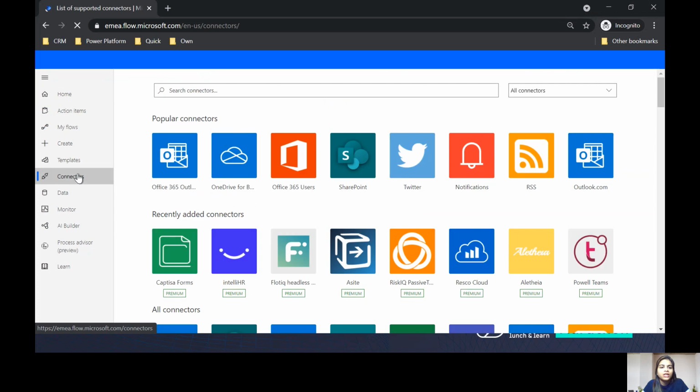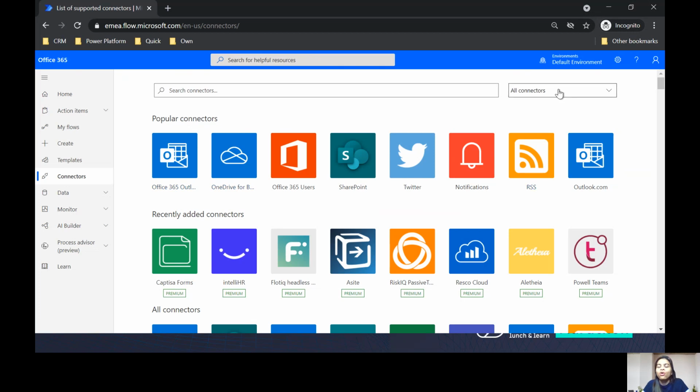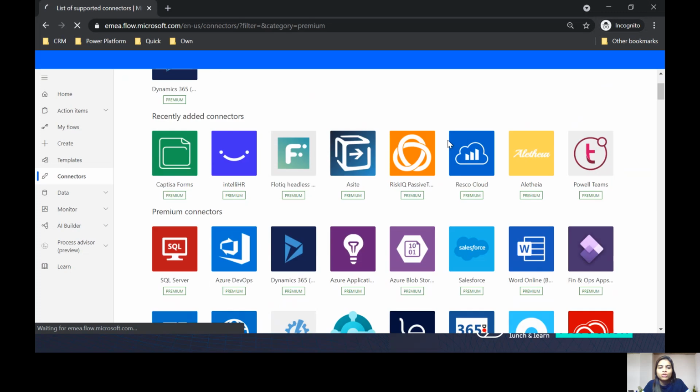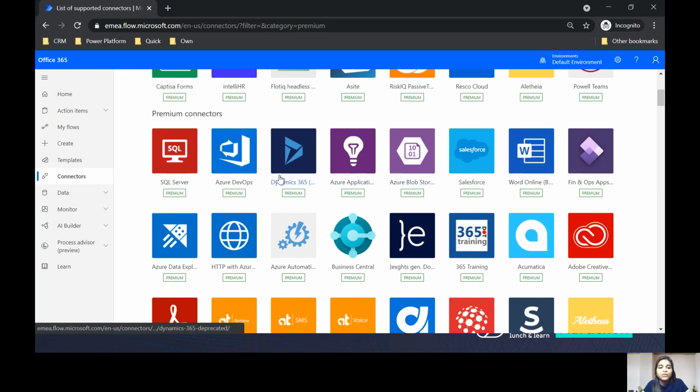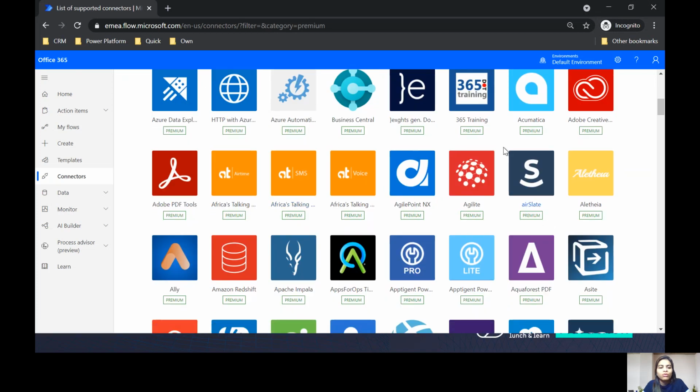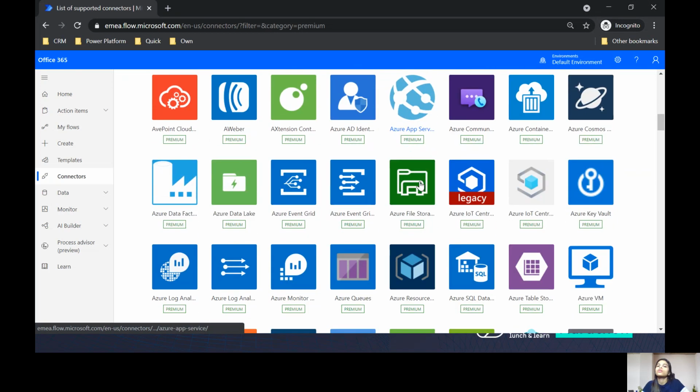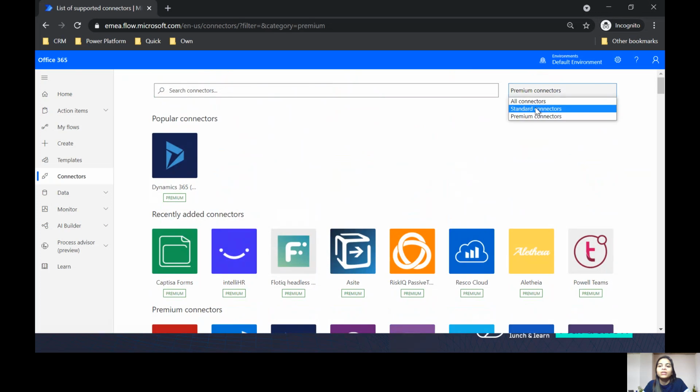connectors are a specific section over here. So I took a screenshot from here, and we have the popular connectors listed up front. You can always make use of the standard and premium connectors so that you know what is under premium and standard. If I click on premium, it's going to show me all the premium connectors. So there's Salesforce, there's Azure DevOps, some of you have known this, Adobe PDF tools, Amazon Redshift, and then Aside. If you have not heard about it, no stress. It's always good to know something new.